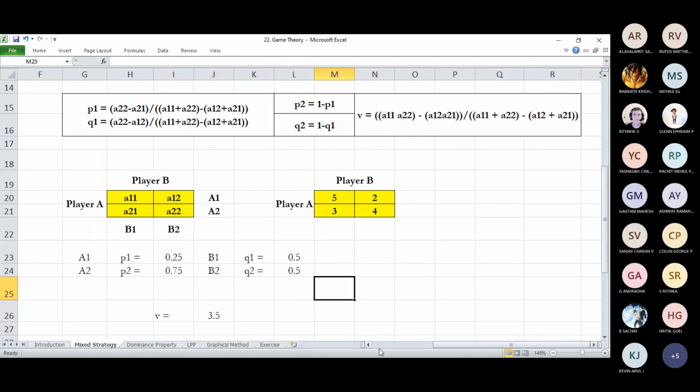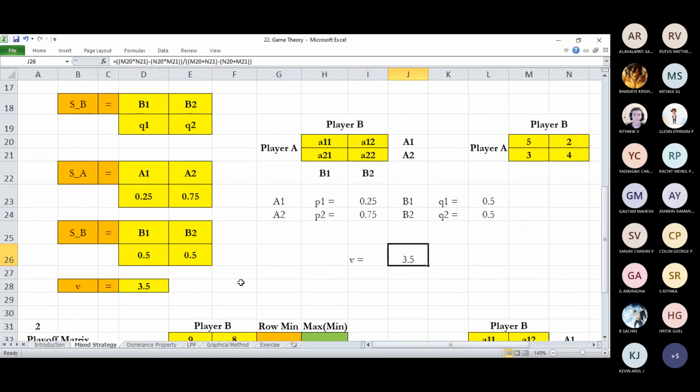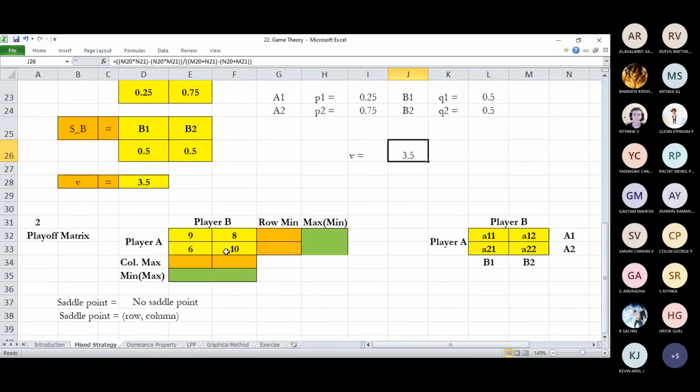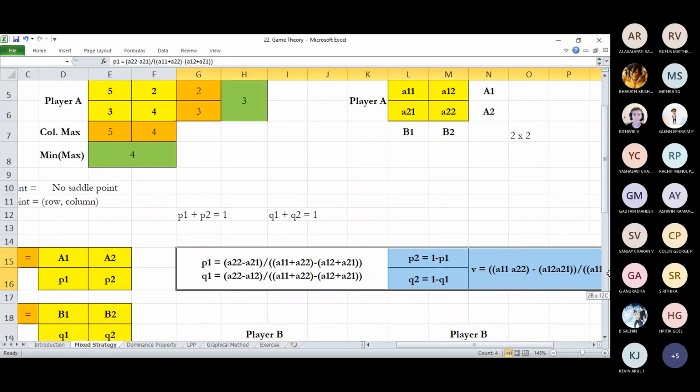So you remember, if you take a look at this, 5, 2, 3, and 4, since it's a mixed strategy, we don't have the exact value like 3 or 5 or 4, but instead we have got something called 3.5. Which means that in a mixed strategy, the value of the game is 3.5. As simple as that, right? So that's the mixed strategy, and that's the definition. Then this is the problem for you to practice, and I'll also copy this formula.